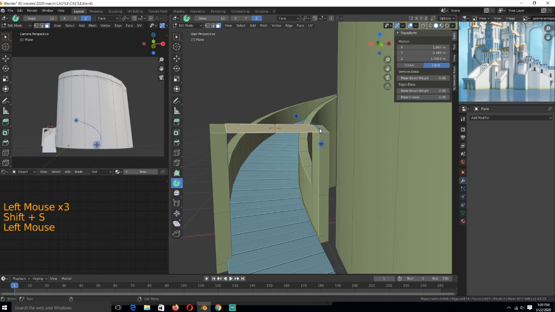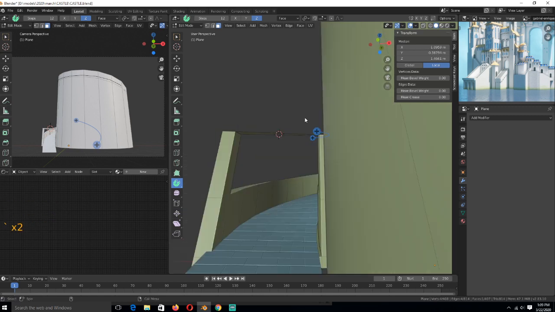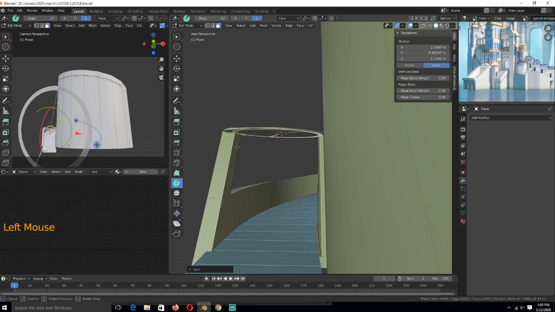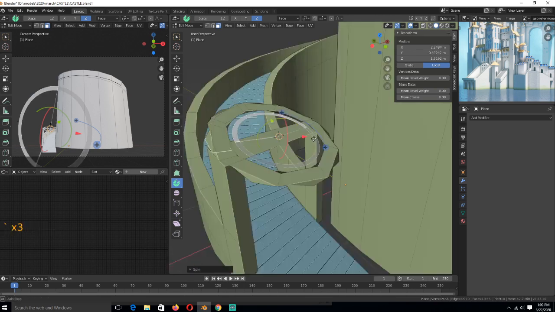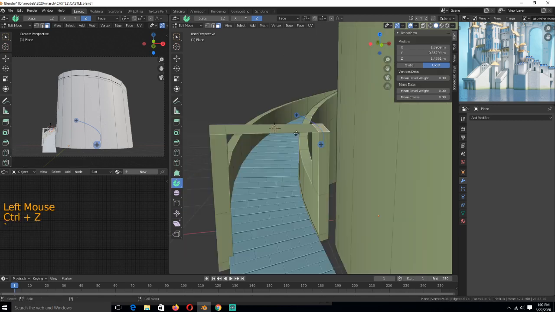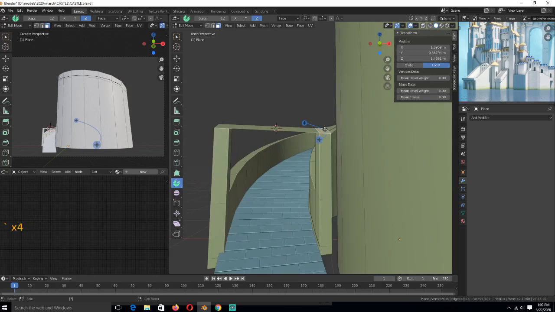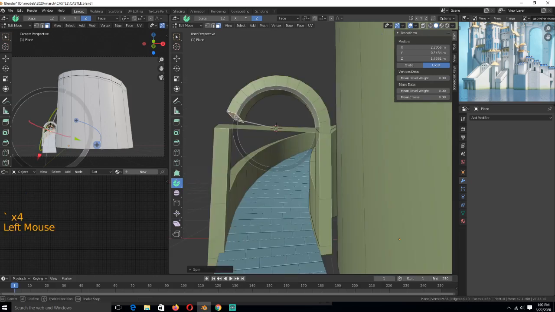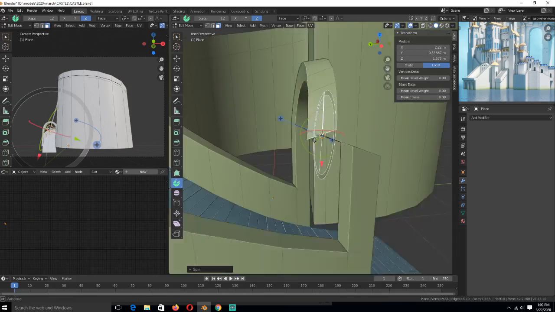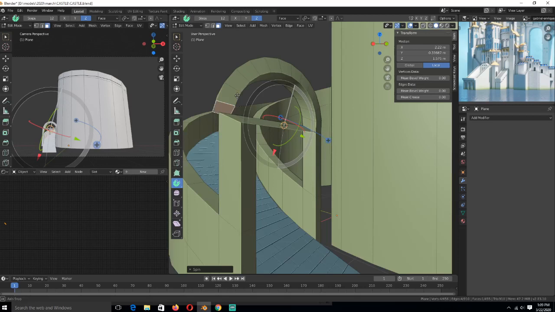Now I can use the spin tool, but I want it to spin at a different angle. Let's see, yeah, something like that. Another way to do it, because I think the spin tool is going to